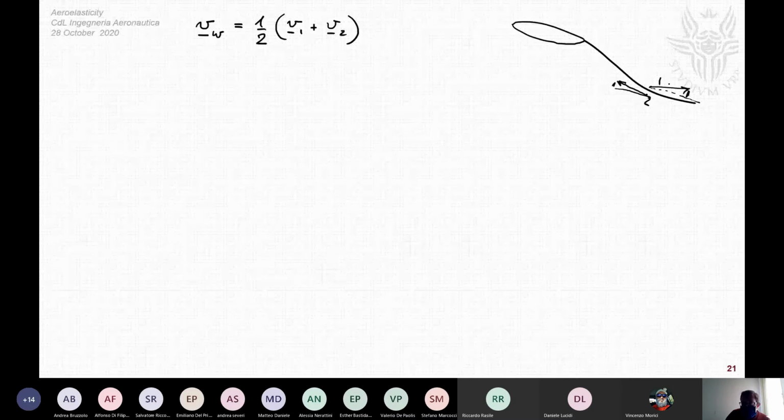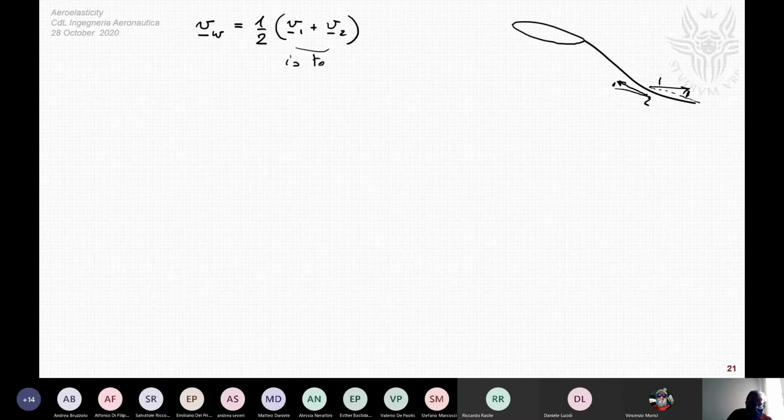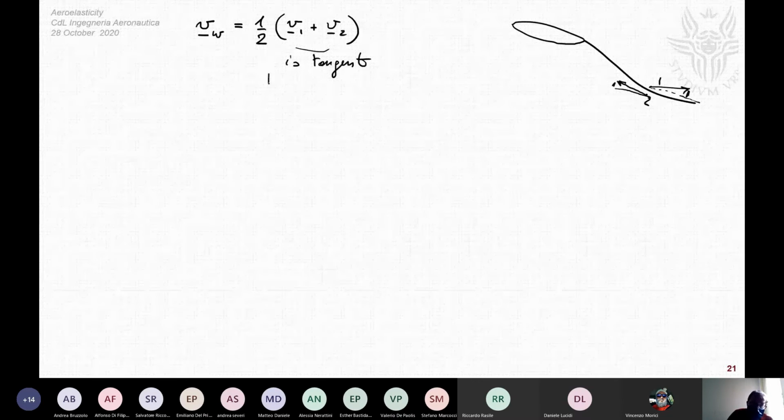So we have two velocities with the same normal component, and therefore this average is something tangential to the wake. This average velocity is a vector tangent to the wake surface,